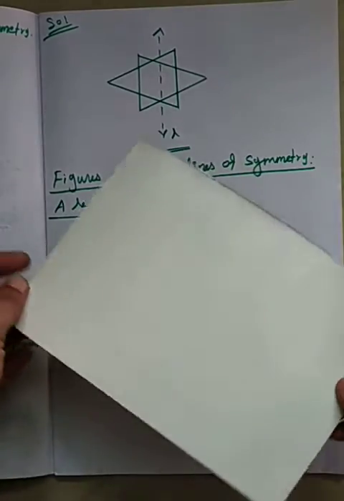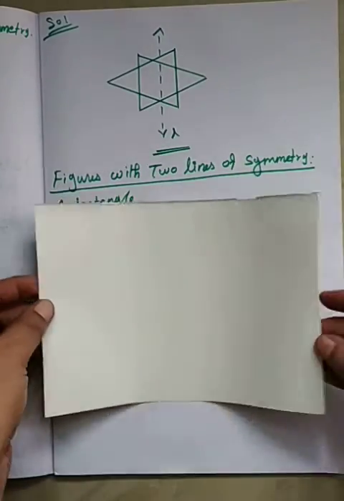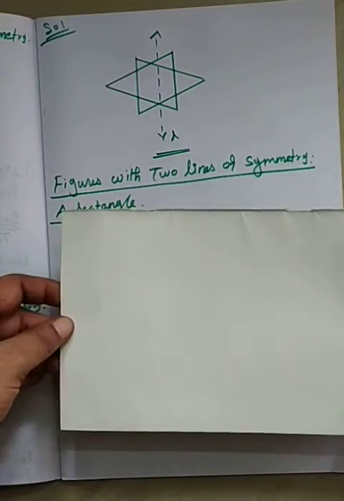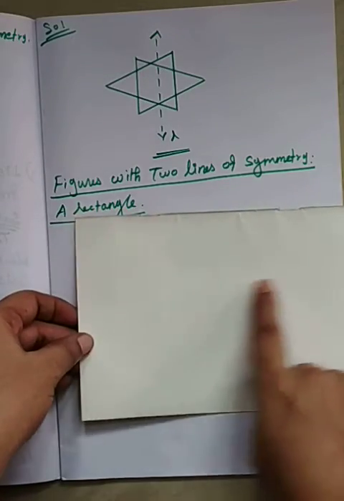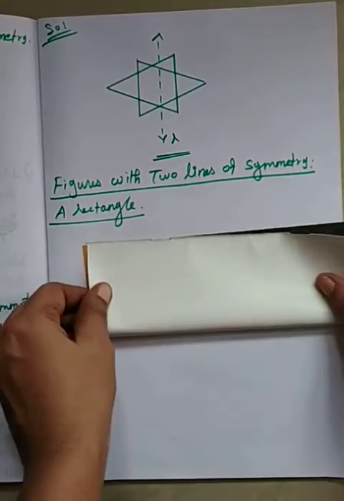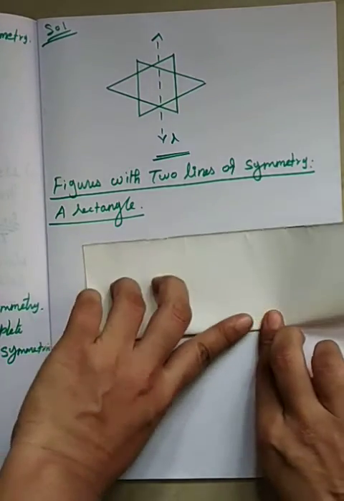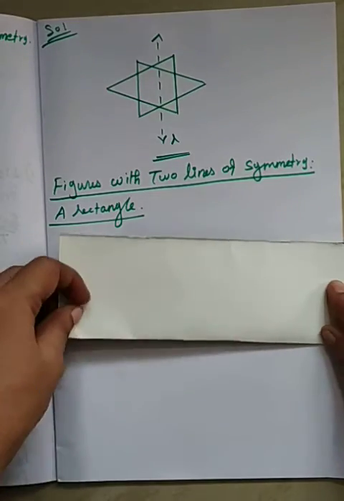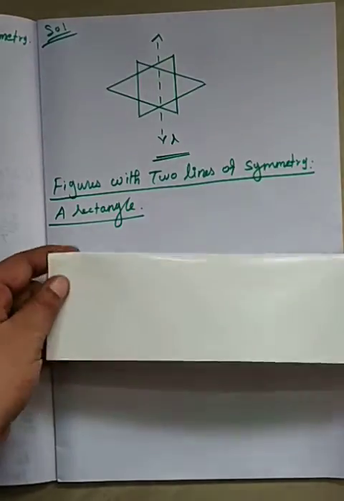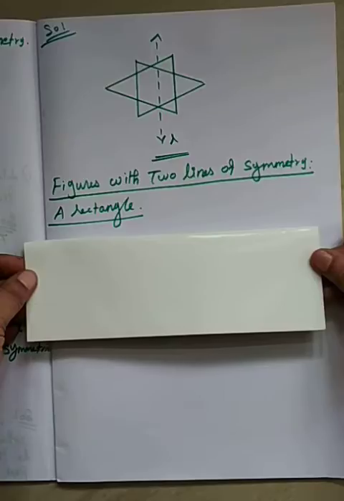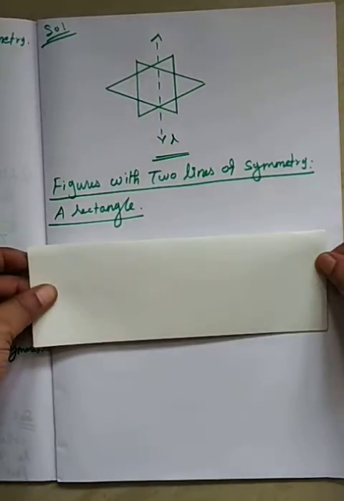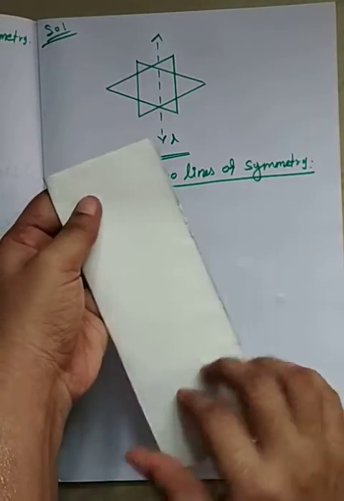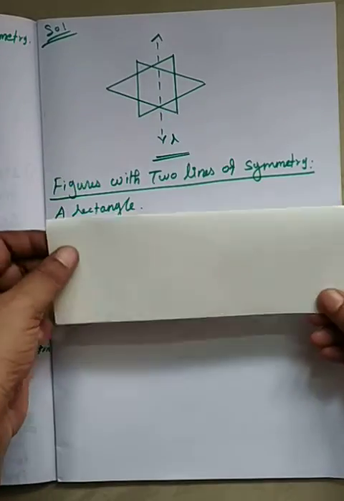Let us consider this is a rectangular sheet. Take a rectangular sheet, fold it once lengthwise. Lengthwise means like this. I have to fold the paper lengthwise so that one half fits exactly over the other half. Right. So is this fold a line of symmetry? Yes. See here, the same mirror line. So this is symmetric.